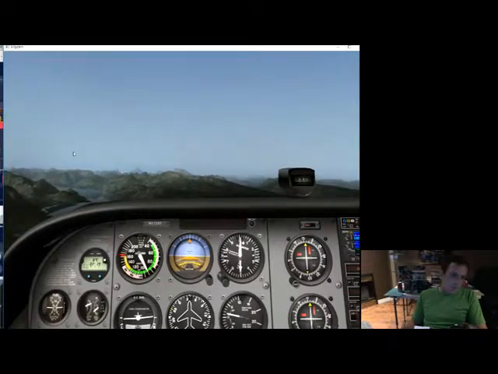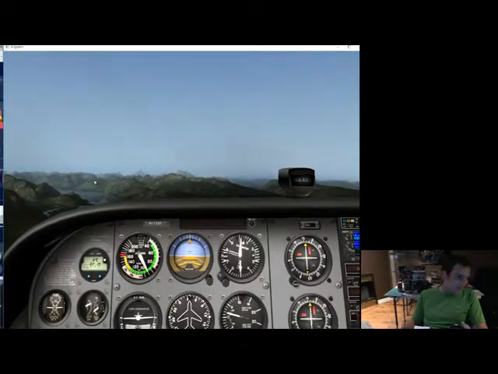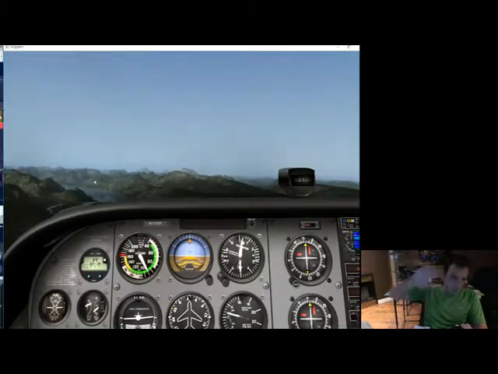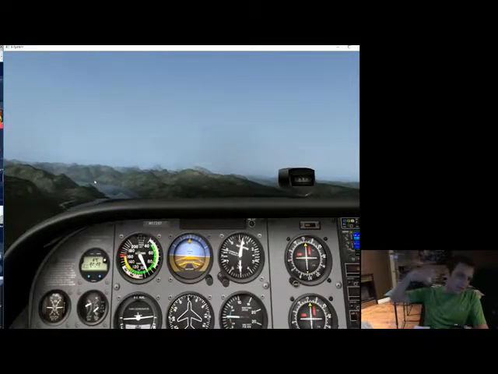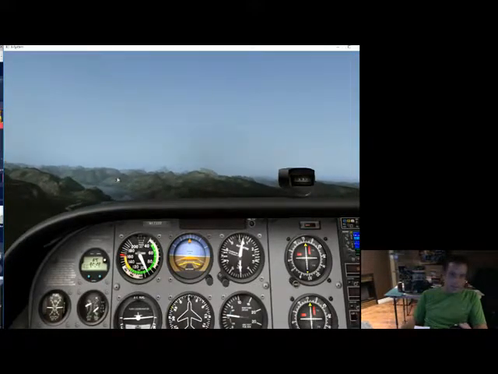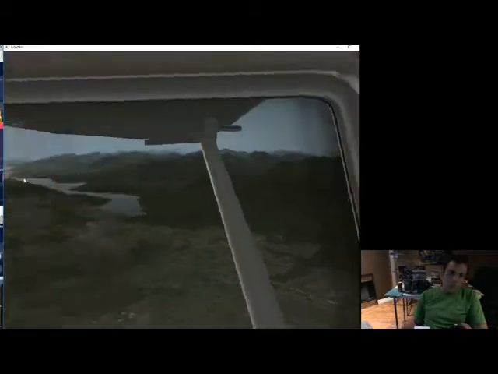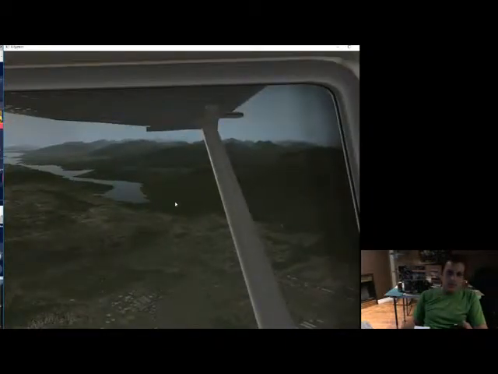When you're doing training exercises in here, you basically want to make radio calls to other people to let them know where you are, what exercise you're doing, and what altitude you're at. That way you don't get into a collision with someone, right? But for this, we're just gonna keep listening to